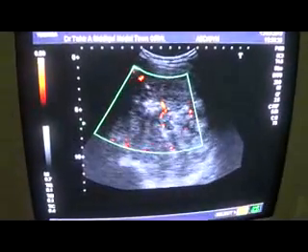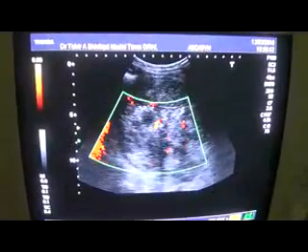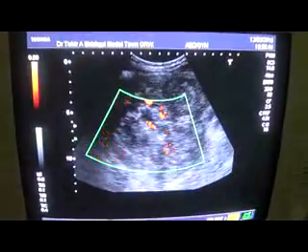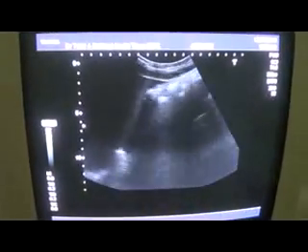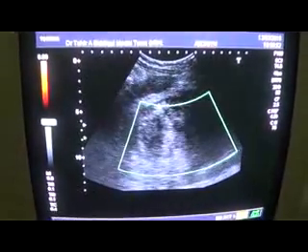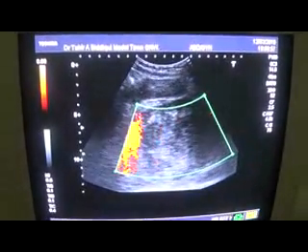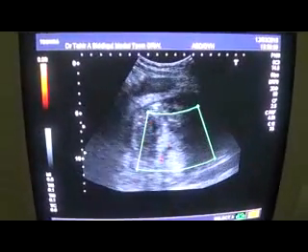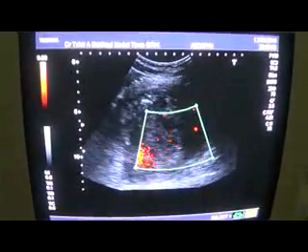This is the transverse section. It is vascular. And this is the medial margin of this solid echogenic heterogeneous mass